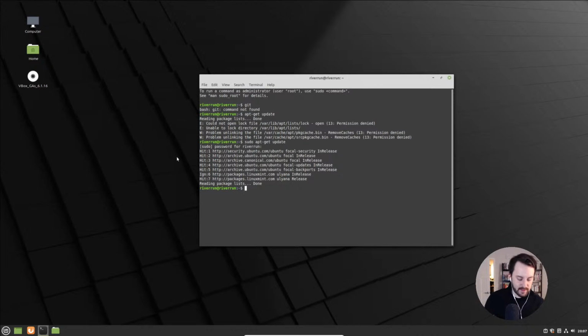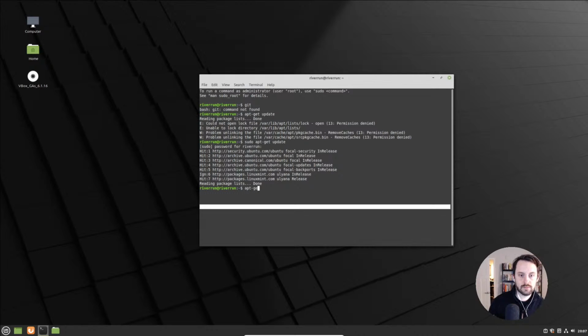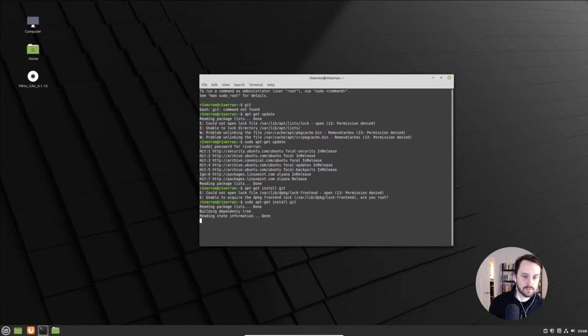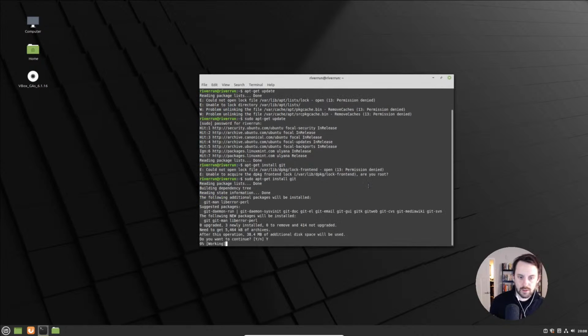Alright, so a couple things that I do want to do is generate an SSH key. We're going to install Git.